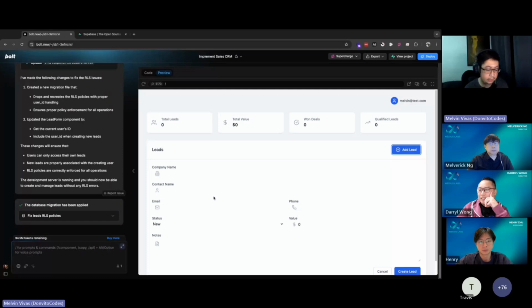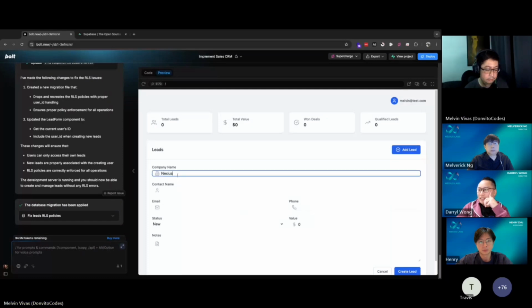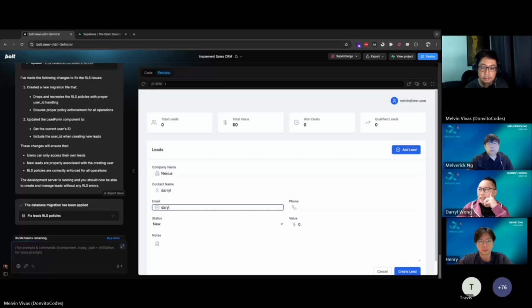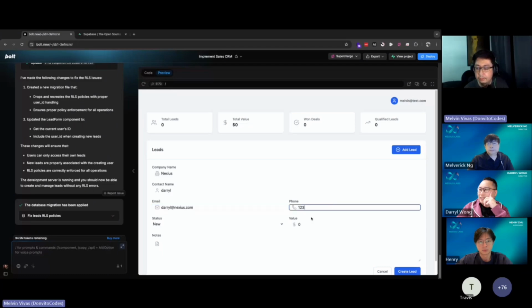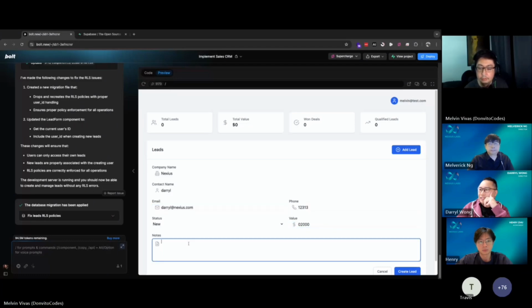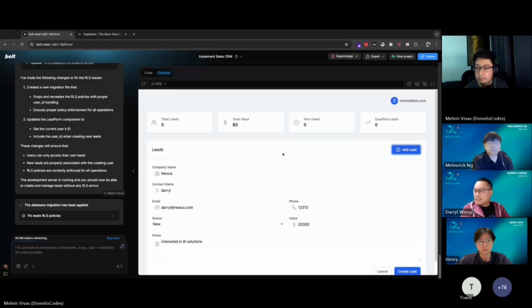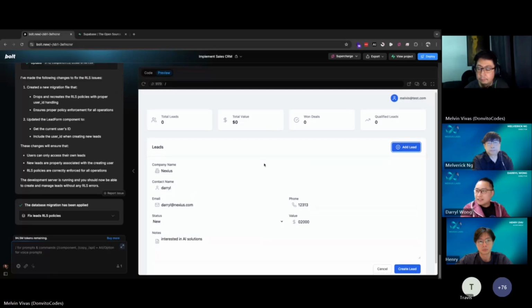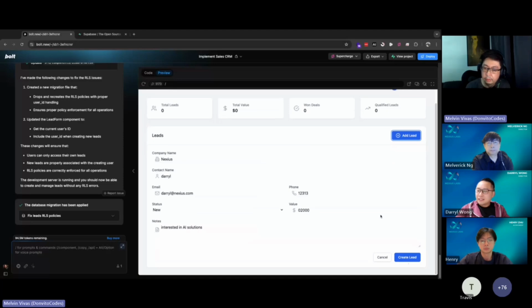Let's try to add the lead again. Let's say next field. AI solutions. Okay, sorry, there's a create lead here below, so I thought it was this.